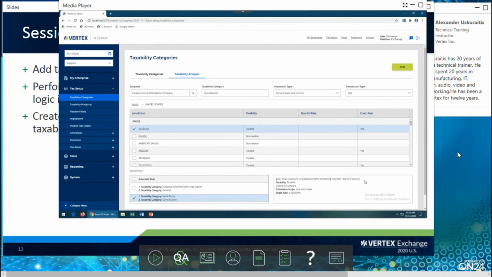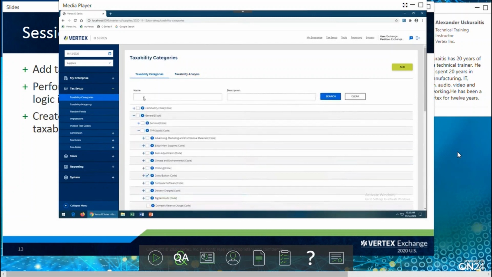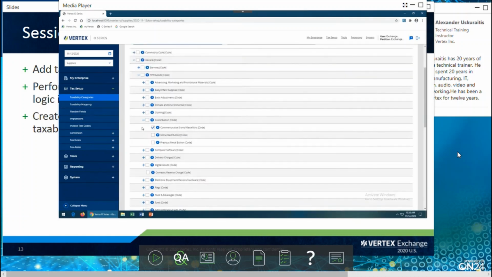All right, let's go to another category. So I want to go back to taxability categories. And this time I'm going to type medallions. And I have commemorative coins and medallions. And there they are, commemorative coins and medallions, which is part of